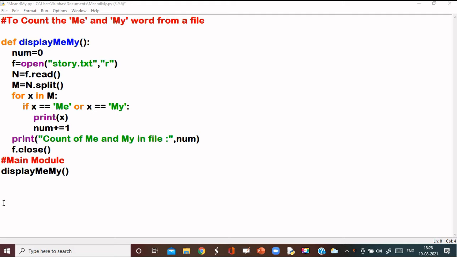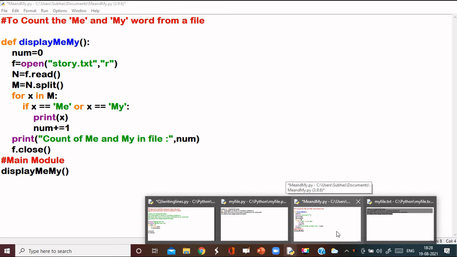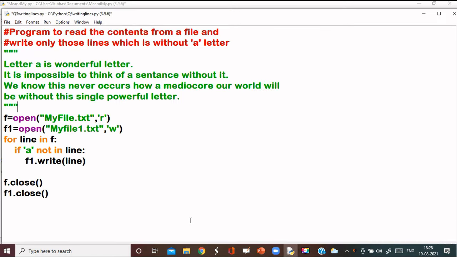And the next program is to read the contents from a file and write only those lines which are without a letter. This program demonstrates how you can read a file and then create a new file having some specific conditions. Here the contents of the file are: letter A is a wonderful letter. It is impossible to think of a sentence without it. We know this never occurs. How mediocre our world will be without this single powerful